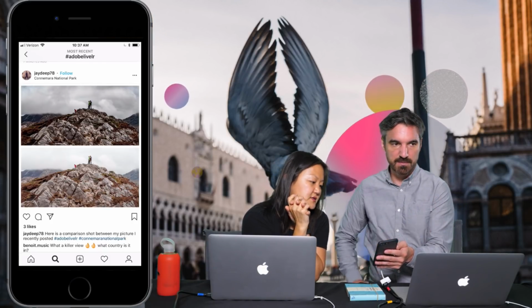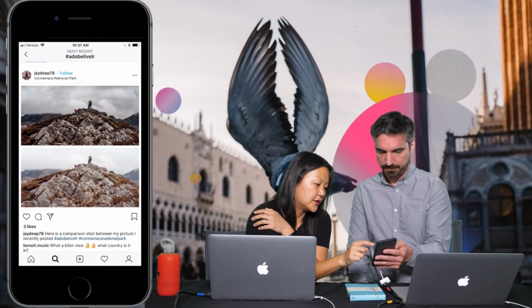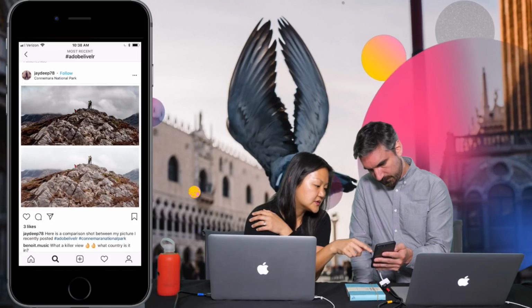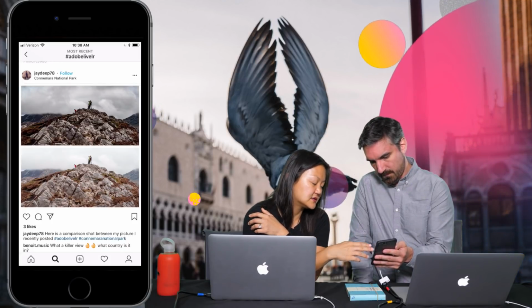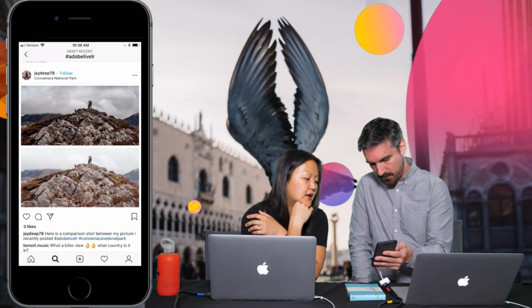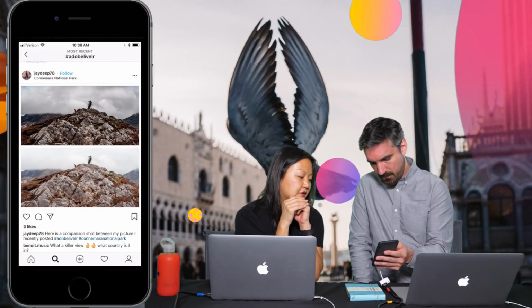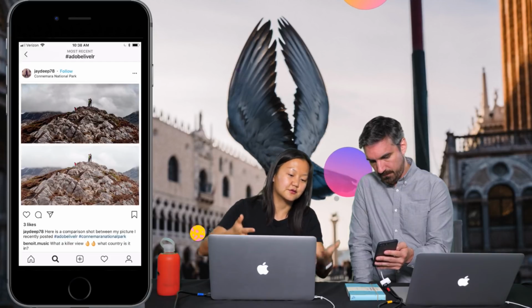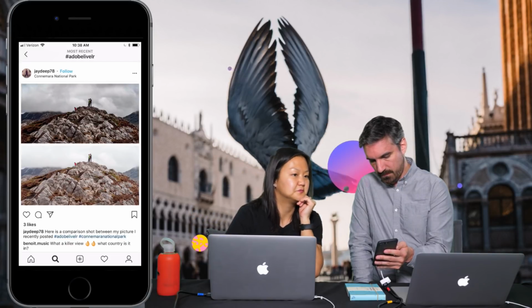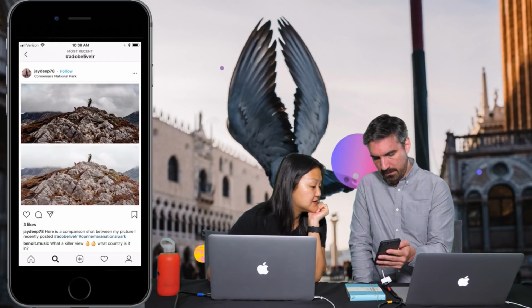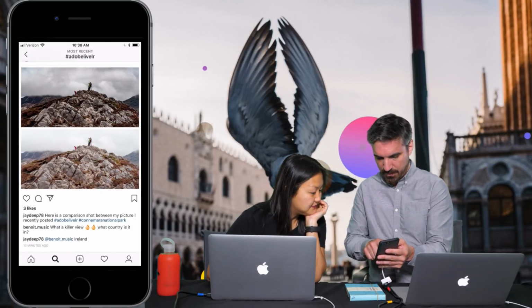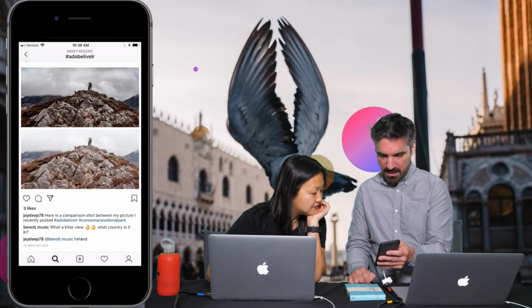Yeah, keeping the details in both, because the sky is wonderful in the top one, but the ground is a little too muddy, so it's hard to see the details. The detail is really wonderful on the rocks in the bottom. You just have to be careful to find a good balance between the two. You don't want the sky to be dark and dramatic and then the ground super bright. It's in Ireland. It's a beautiful shot, a beautiful place. Someone was asking what country it is. Cool. Ireland.